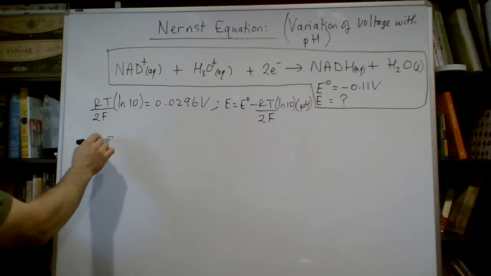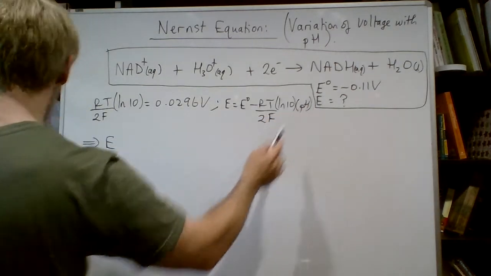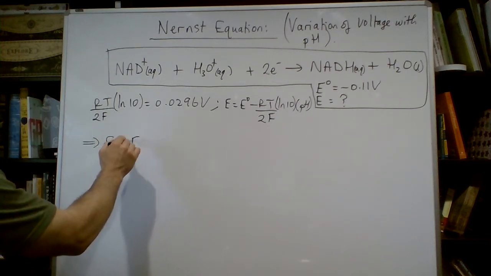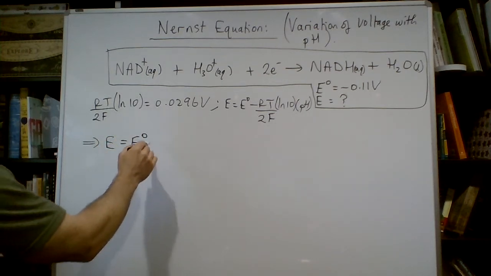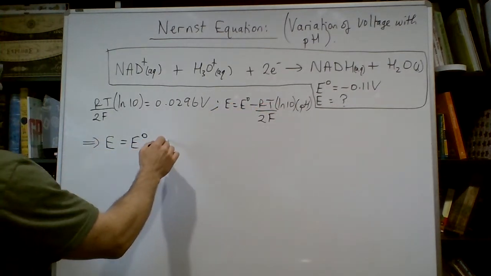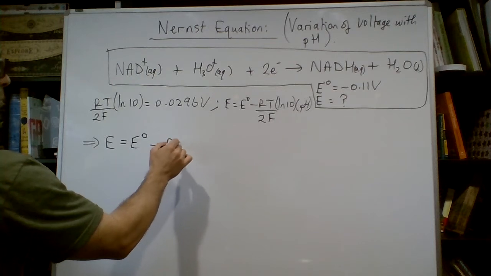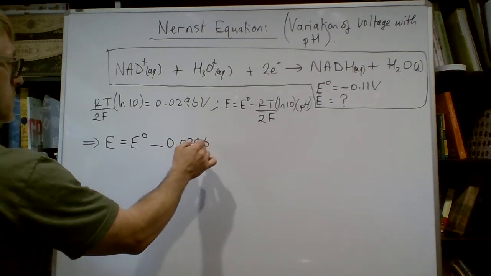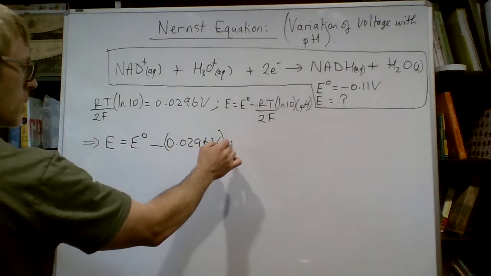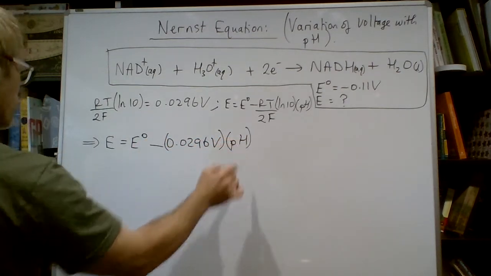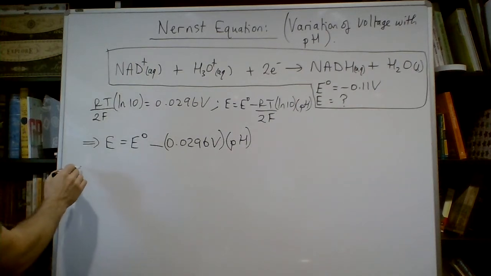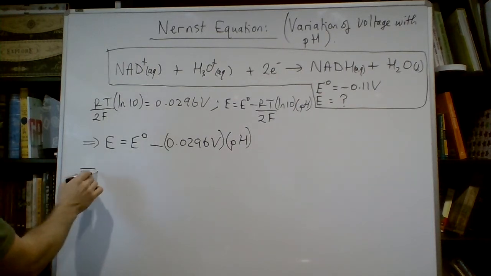So we can clearly see that our voltage under non-standard conditions, which is our, pardon the pun, charge in this question, is E standard minus this correction, which is our 0.0296 volts times pH. So we can see,